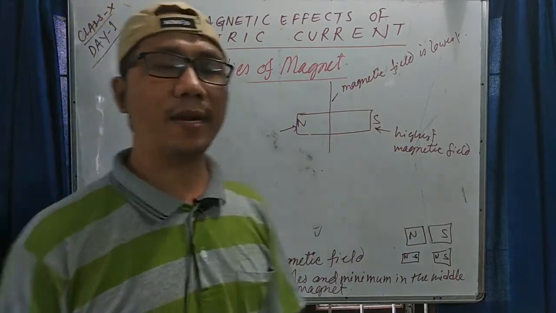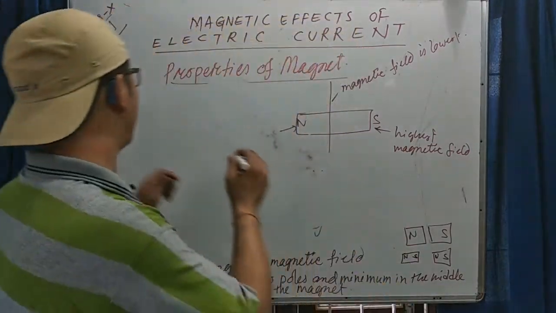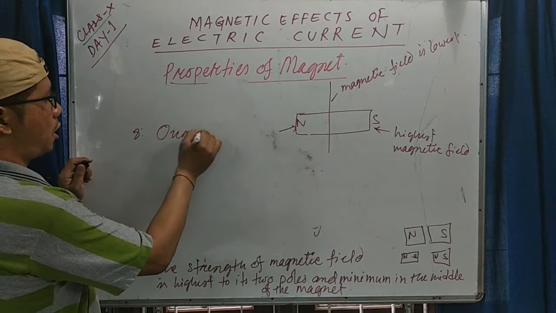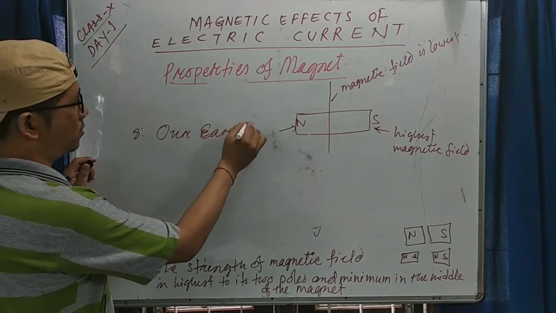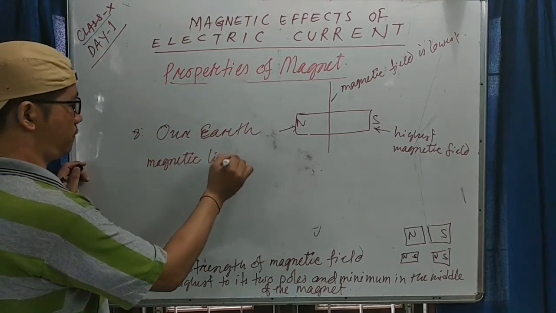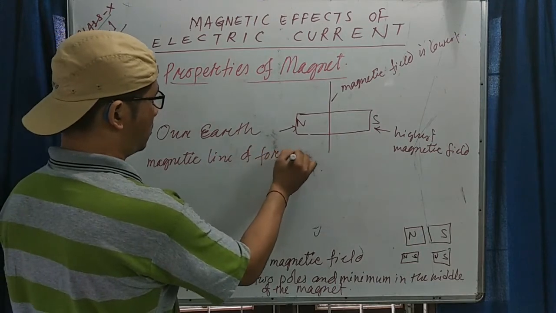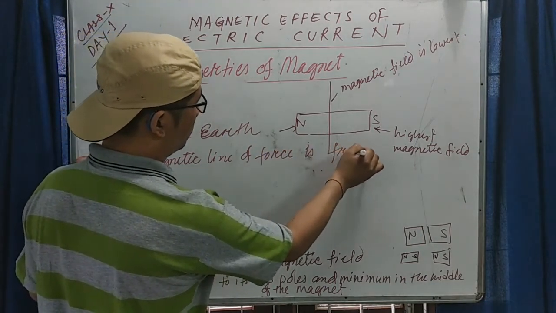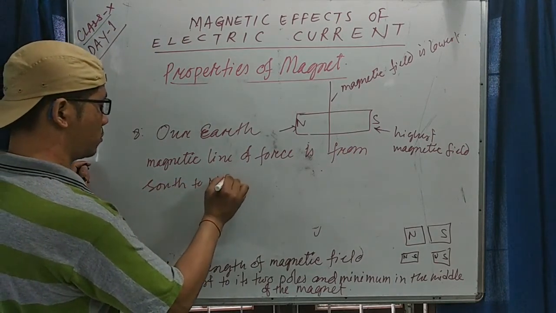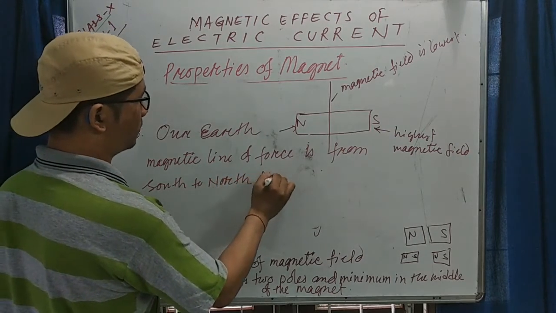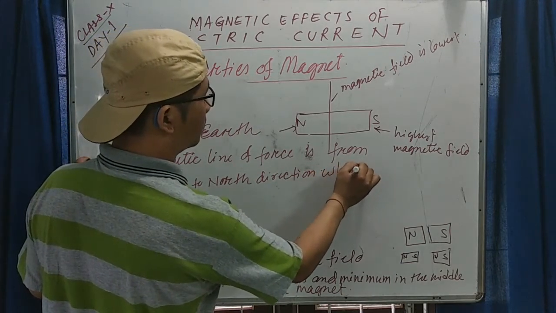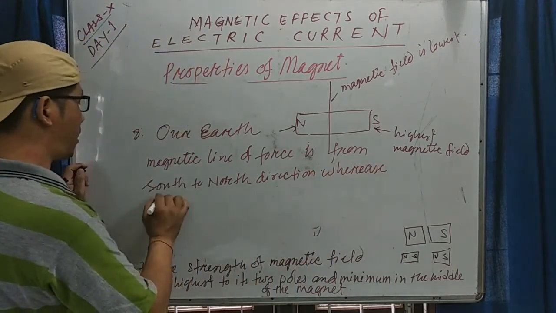And I think I already gave you this one, that is our Earth's magnetic field. Let us write down that one also. Number 8. Our Earth's magnetic line of force is from south to north direction, whereas that is the magnetic line of force